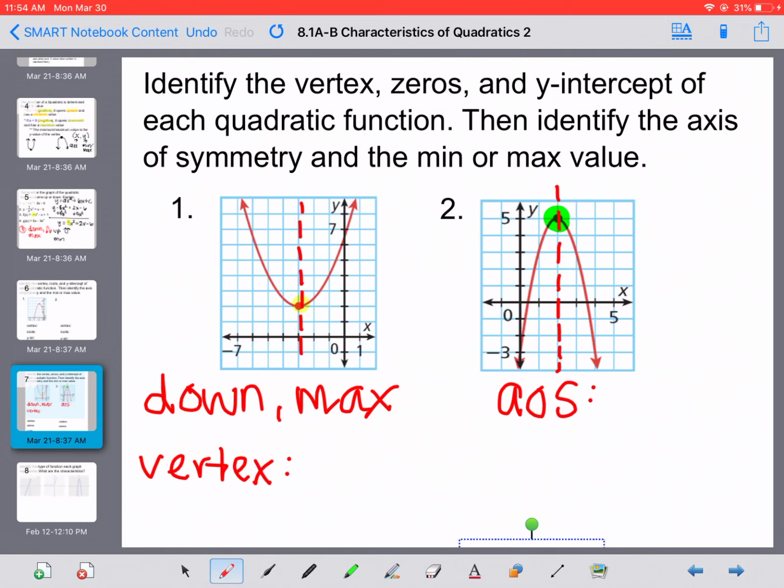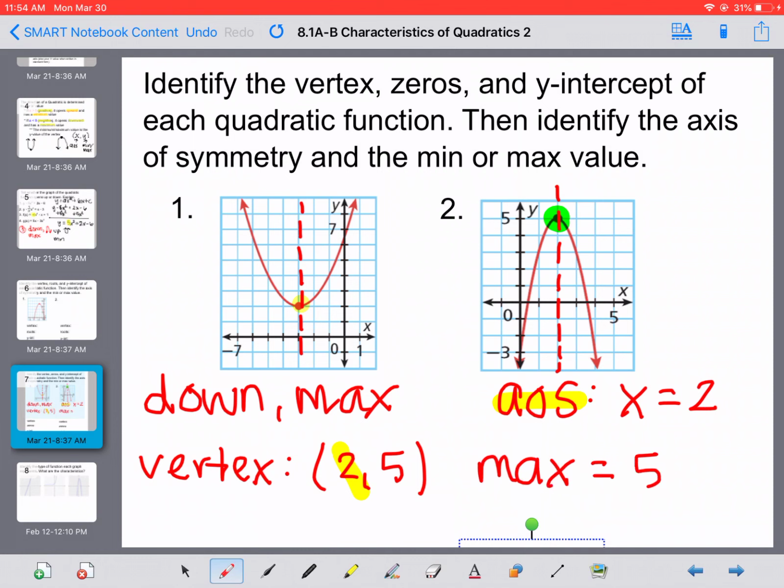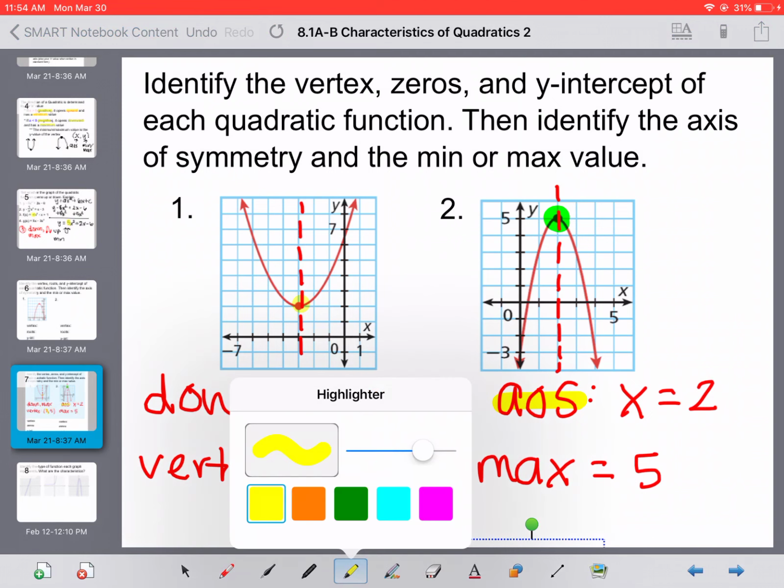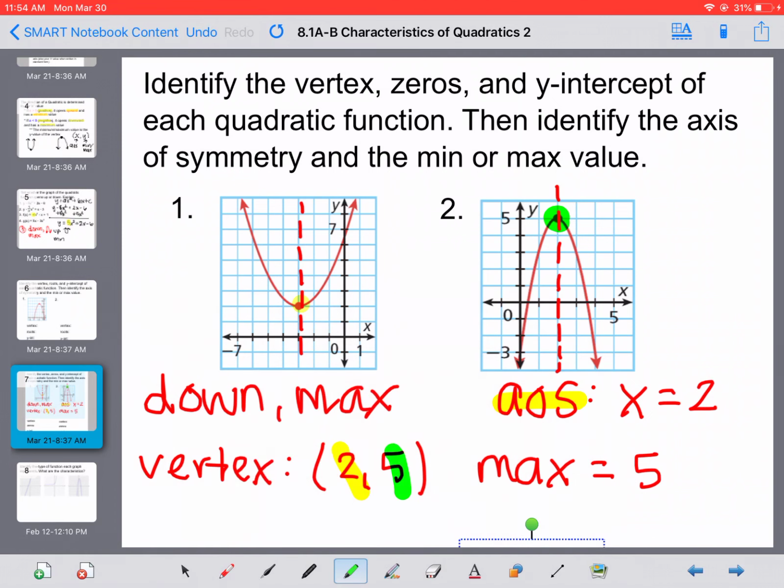If we count, our vertex is at 2, 5. If you remember, our axis of symmetry is the x of the vertex, so our axis of symmetry is at x equals 2. And our max is the y of the vertex, which means our max is going to be at 5. So we use our vertex to